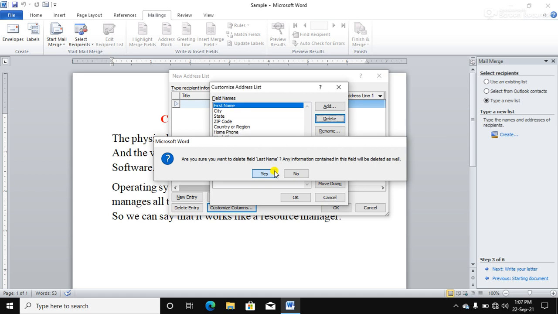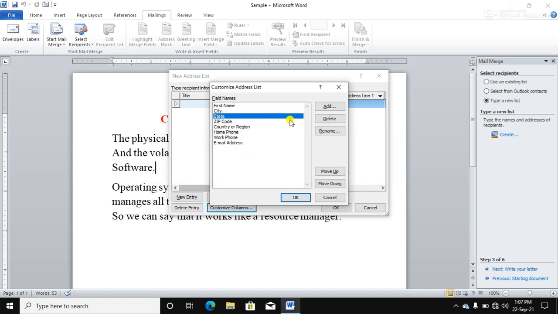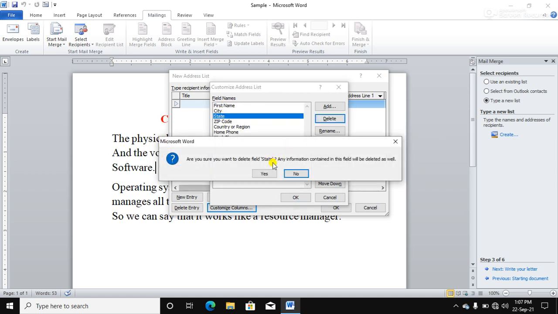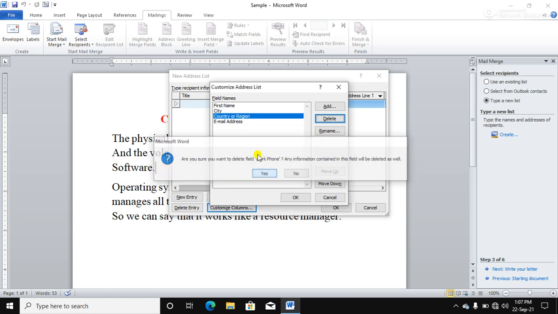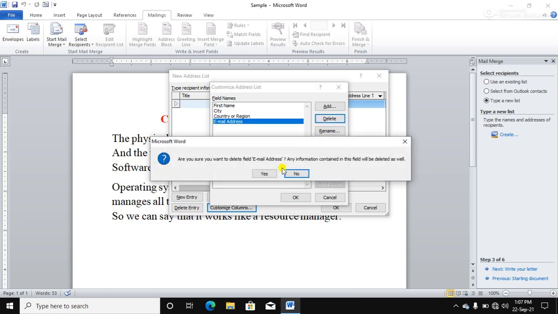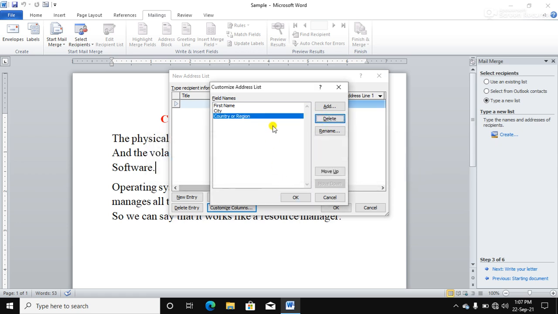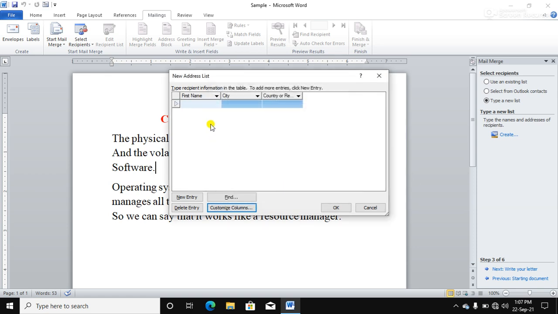Last name I don't want. Okay, I am taking these three fields. Click on the OK button.